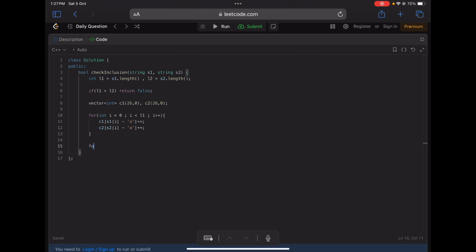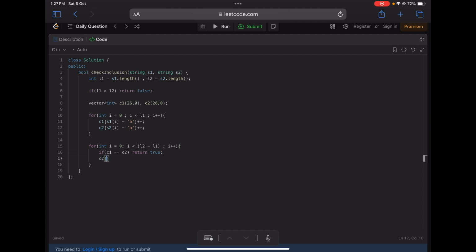Now we will loop from i equals 0 till i less than L2 minus L1, right? I told you why we are doing this. Then inside this, first we'll check if C1 is equal to C2. If it is, then we'll return true. And if it is not, then we'll update the frequencies.